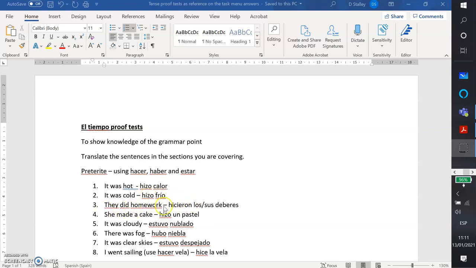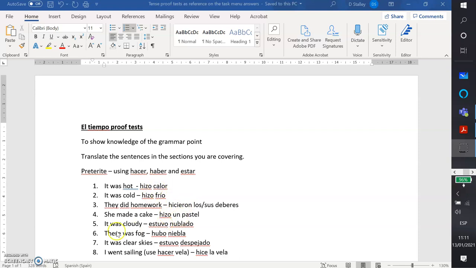They did, so we're using again the irregular hicieron, and we can either put los or sus deberes. Los because we know whose homework they're doing, not doing somebody else's homework, or sus if we want to be a bit more specific. She made a cake, hizo pastel. Note here that there aren't any accents on these ones, so all irregular verbs in the preterite never have accents